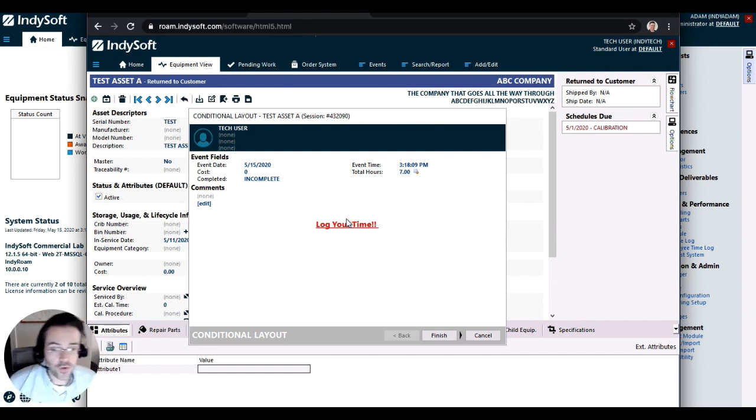And in every event that I put that same statement in, this will show up. So I might have 10 events where I want that log your time to show up at the bottom. And all I have to do is put that embed-if statement in each one of those layouts, and that's going to pop out. And if I make a change to that global layout, it's going to be true on all of those events. So it's a really nice functionality to help streamline what you're doing across all events,